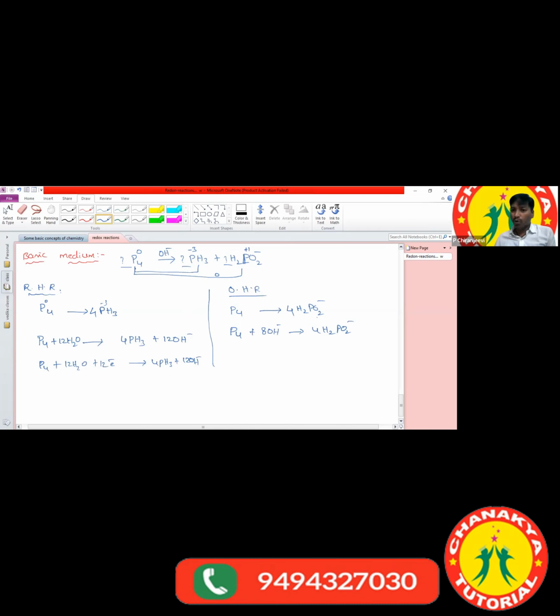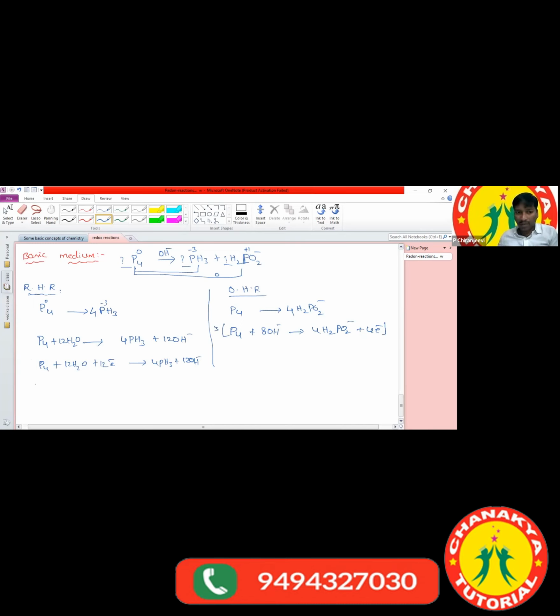It is losing. Losing of electrons can be represented on which side here? Right hand side only. Hence 4 electrons. Now, once we check it out, the charge balance is there. Both we have to balance, means the total number of electrons we have to balance now. So if you multiply the whole second equation with 3,